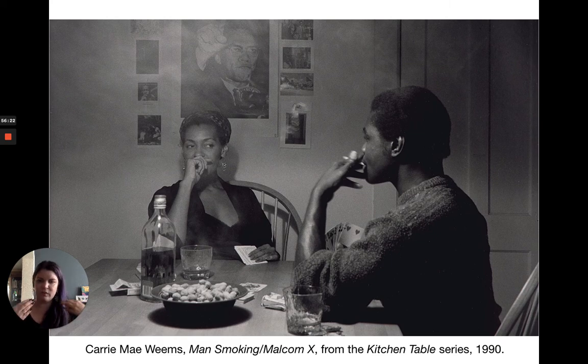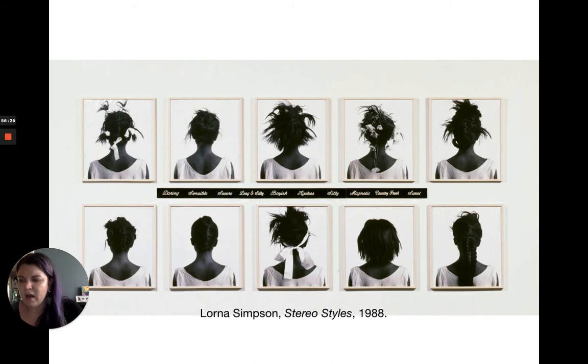These are the sort of works that she is quite well known for. This is a work by Lorna Simpson. Lorna Simpson was born in 1960. She became very famous in the 1980s and 1990s. She's known basically for conceptual photography, so a photographer who has really high concept thought processes and ideas behind her